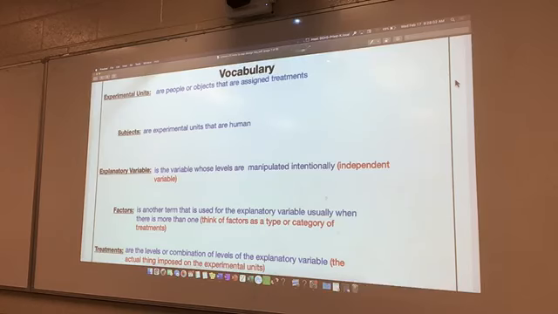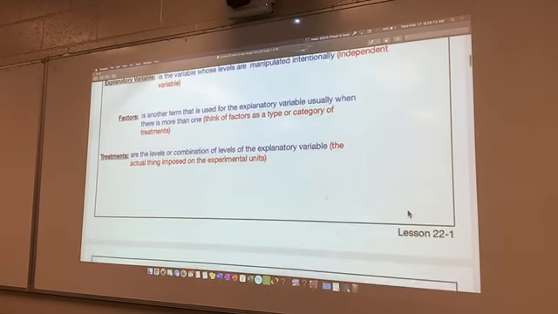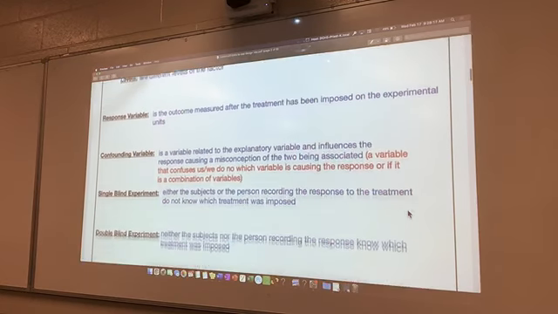Lesson 22. Okay, so here is the vocab. I'm just going to skim through this. We've already talked about this already. Did we talk about, let's see,